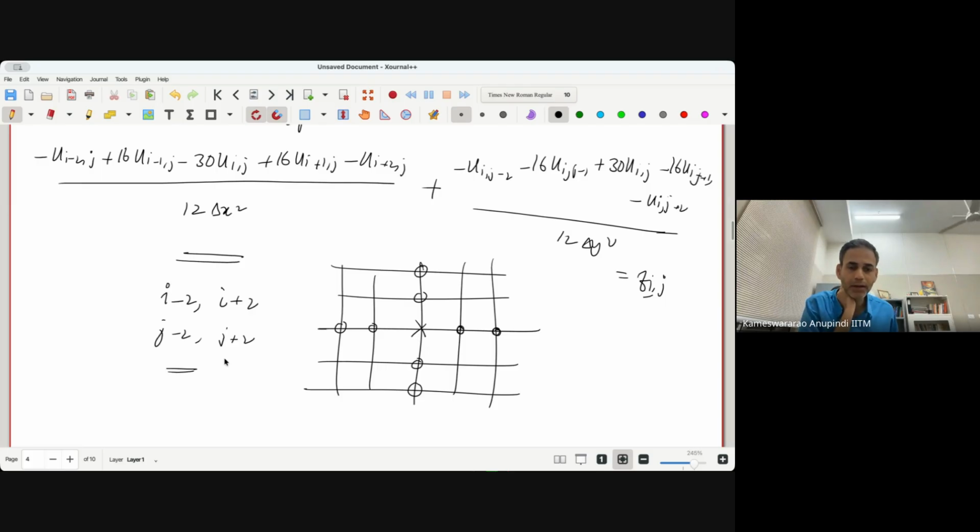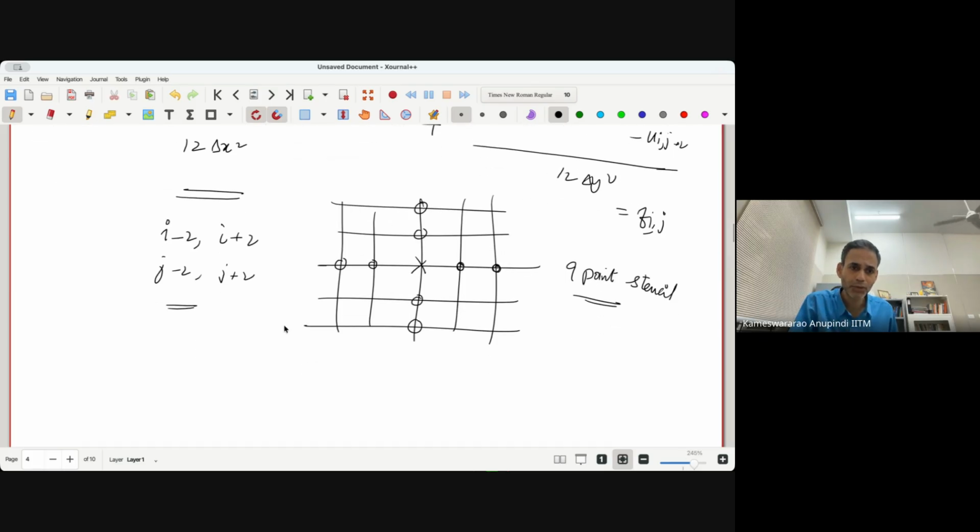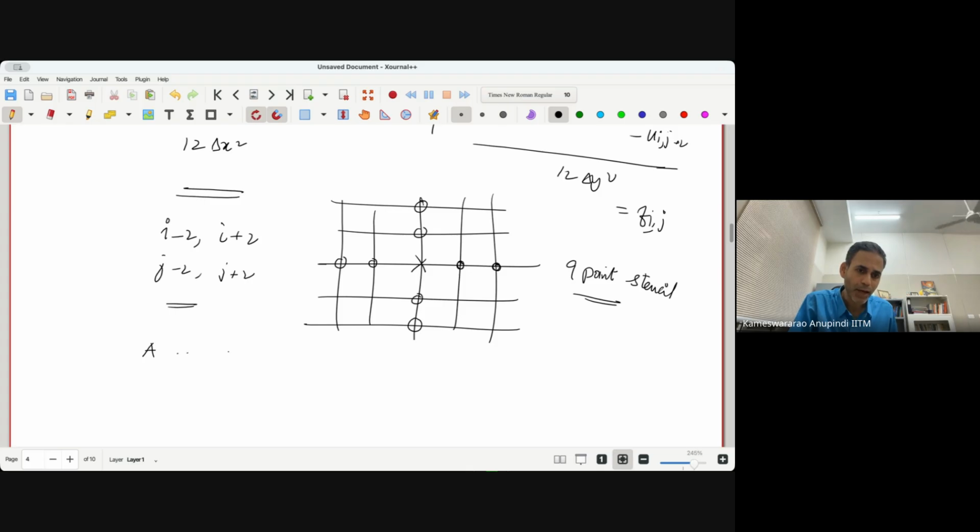So this will have an effect on the matrix you're going to build, right? Just like the 5-point stencil, you can think of this as a 9-point stencil, because you are applying a fourth order central difference scheme to a 2-dimensional problem. Your matrix A will now have more non-zero rows, because earlier you just had a tridiagonal and these two pentadiagonal.